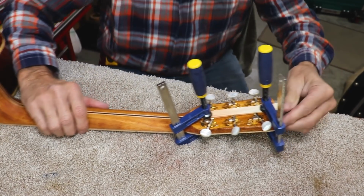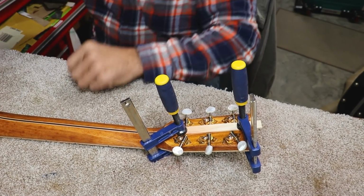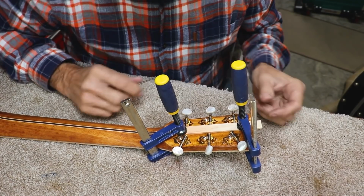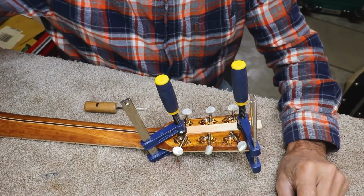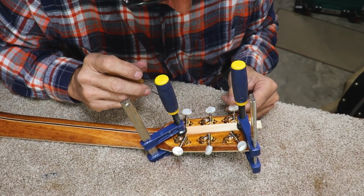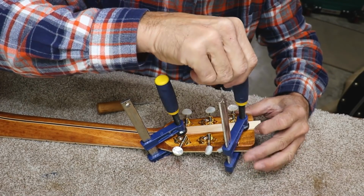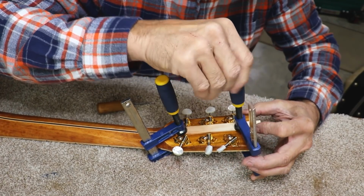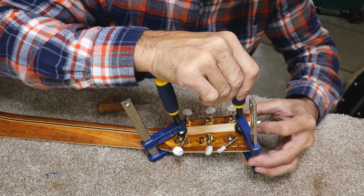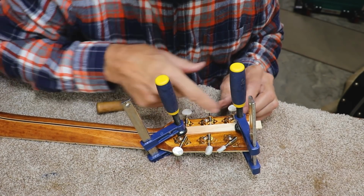Okay, this is, you know, for the average person, probably overkill, but sometimes overkill's good. It's really much more difficult to line these up than you might think. Just the least little bit of out of alignment makes them look really bad. So even though I have a straight edge there against this, it's still not perfectly there yet. And this has rubber pads on both sides of this clamp, and I'm really not tightening it very tight. I'm just snugging it up, and then I'm trying to get the flat part of these